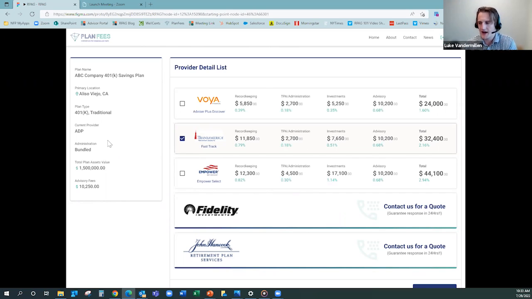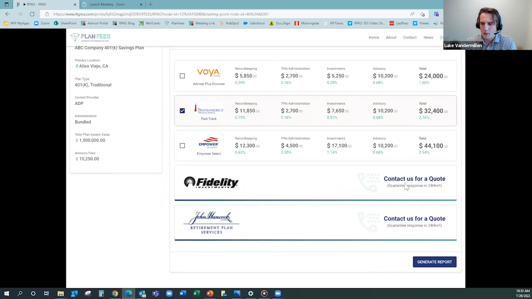And then the nice thing is that if your plan that you're benchmarking doesn't fall within the parameters of some of these record keepers' grid pricing, you'll actually have a button here on the far right side to say, hey, we'd like to request what we call an express quote from this record keeper. And essentially what these record keepers have promised us here at PlanFees is that they will respond to those quote requests within 24 to 48 hours. And so even if your plan doesn't necessarily match the, again, I refer to it as grid pricing, it's still a great way to get quick quotes because,